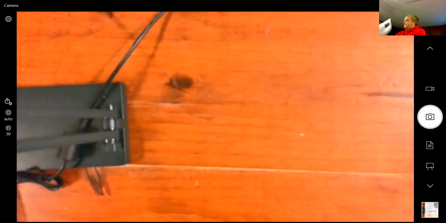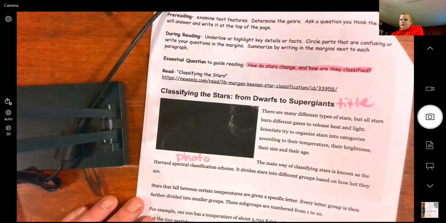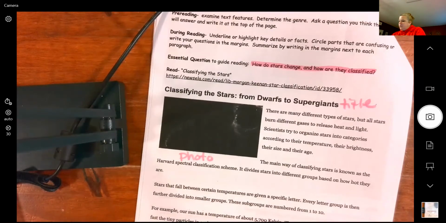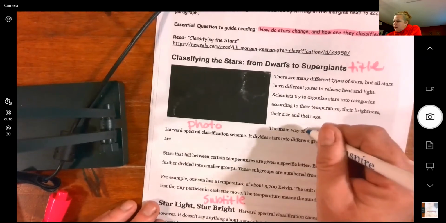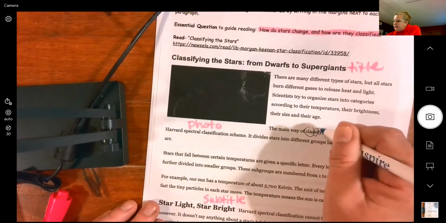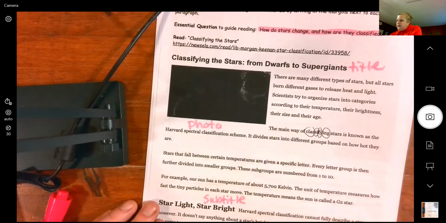All right. You can either pause here and read it on your own, or you can close, read it with me. Oh, let's see before we read. There's definitely going to be some difficult words in here, so we're going to break them into chunks and get ready to read. Classifying.